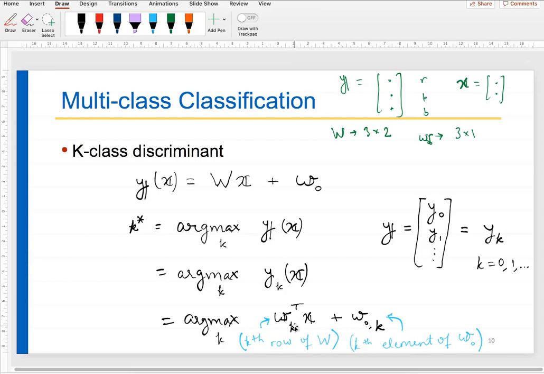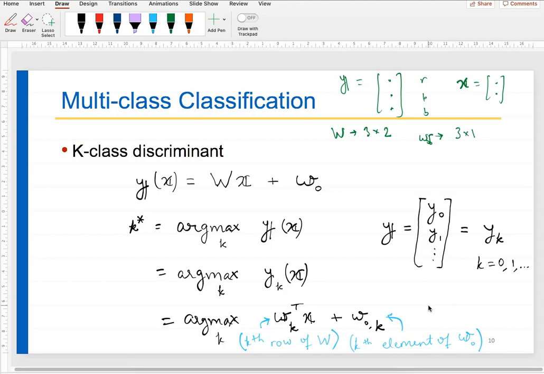So what is w vector k? Originally I had the w matrix. I extracted the kth row, and I can call it w_k transpose. And the kth element of the w naught vector is w naught comma k. So basically I have broken down my vector representation into element wise representation with the index k, which is going over all the elements, right? Is this clear? This is very important. If I want to relate this equation with the notation on the previous slide,